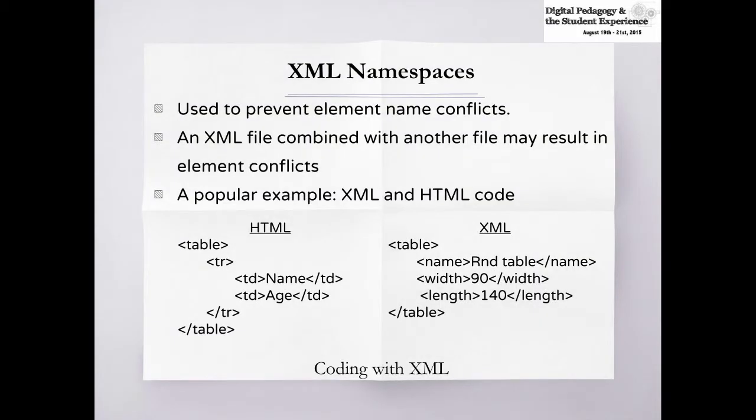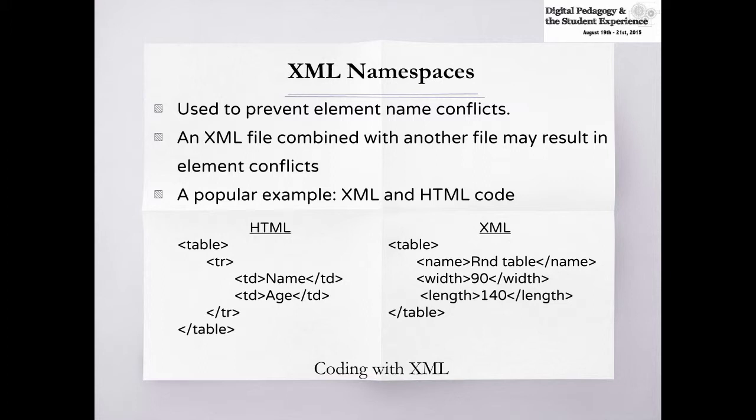XML namespaces. What are they? Well, namespaces are used as a way to prevent element name conflict. So one thing that will always come up is the fact that XML is designed to be extendable, to provide the flexibility for the developer to create customized tags or elements. So if, for example, an XML file is at some point combined with another file, element conflicts will arise. A very popular example is when an XML file also